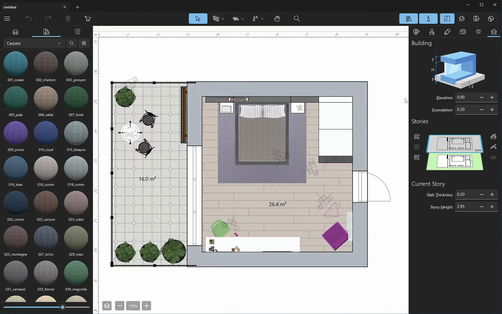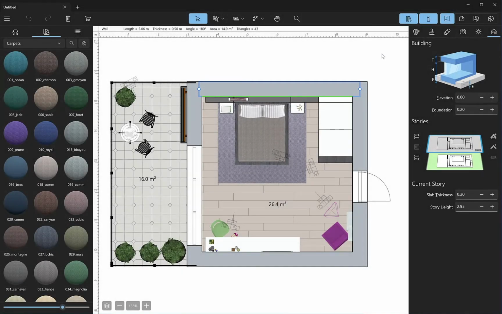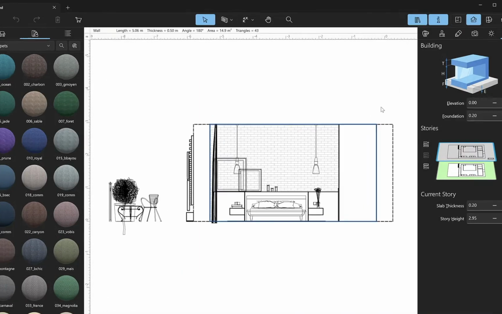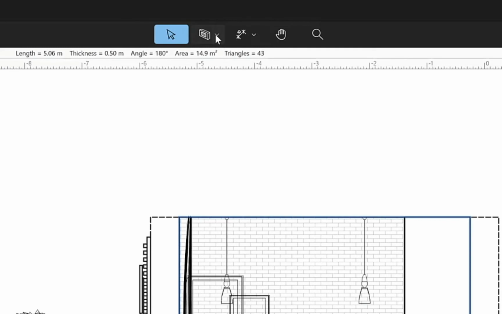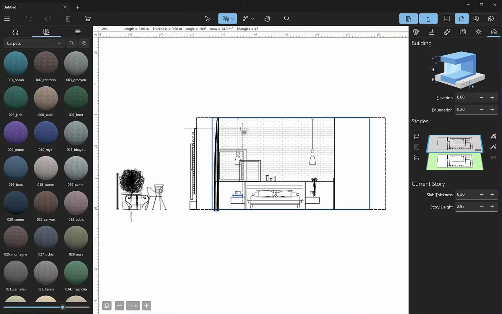1. Working in 2D elevation view. The easiest way to hang a rug on the wall is doing it in the 2D elevation view mode, available in the Pro version of Live Home 3D. First, select the necessary wall, either in 2D or 3D. Then switch to the 2D elevation view and use the Wall Panel tool available on the toolbar to draw the necessary panel. The shape of the panel can be adjusted on the 2D plan, and its thickness can be changed in the Object Properties tab of the inspector.